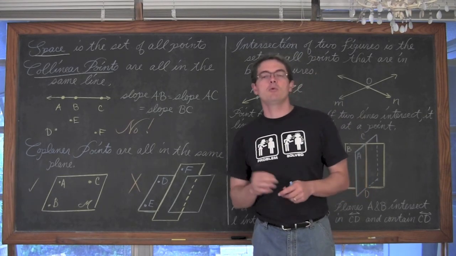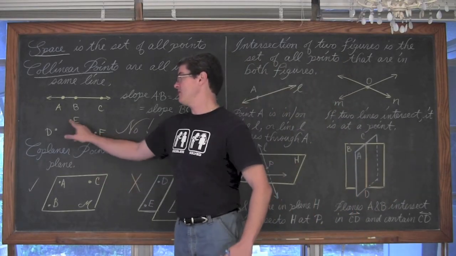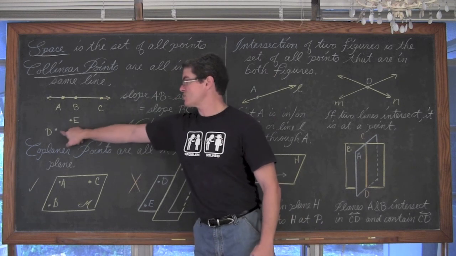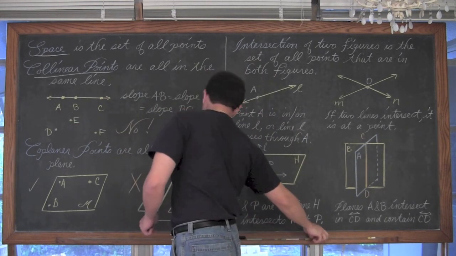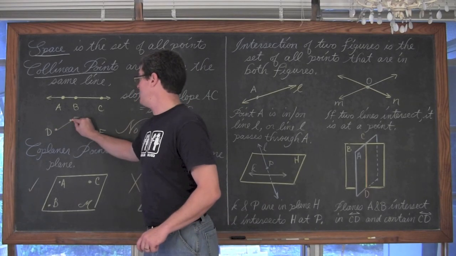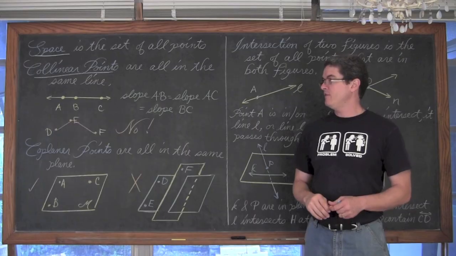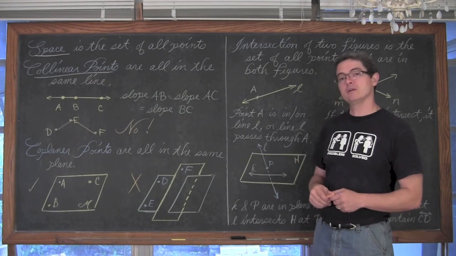So those 3 points do all fall within the same line. And of course I have to give you a non-example. These points D, E, and F, you can see a sharp bend that I would have here if I tried to connect D to E and then to F. I would certainly not get a figure that appeared to be straight, and therefore it's not a line. And they're not collinear.